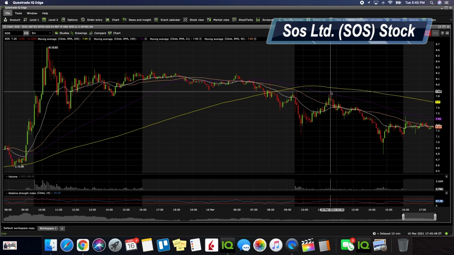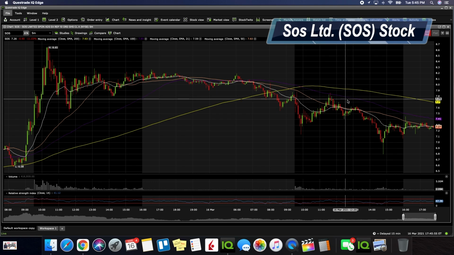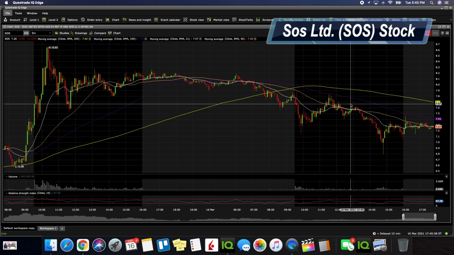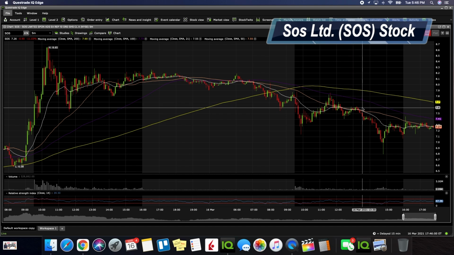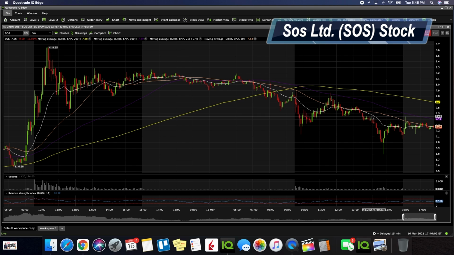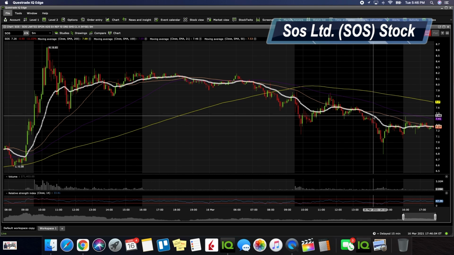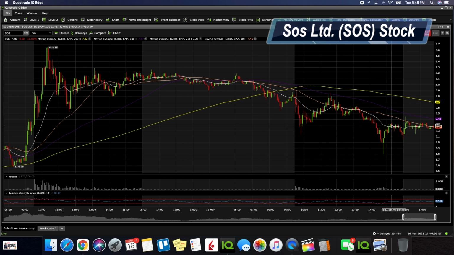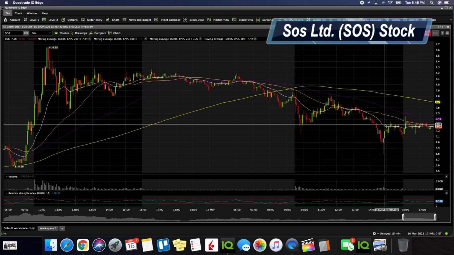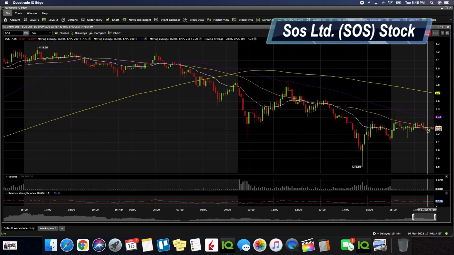But if we take a look at regular trading hours, the resistance area was clear here at $7.88, and then getting lower, as you can see over here, to around $7.67, $7.60, down here to $7.45, and then down here also showing around $7.29. So right now we're actually seeing $7.26, because this is live going on right now.